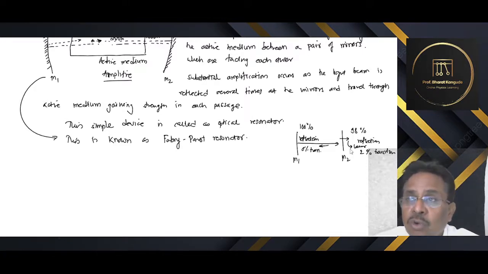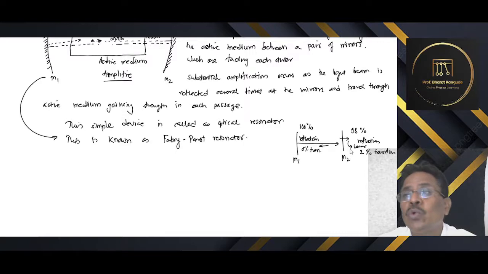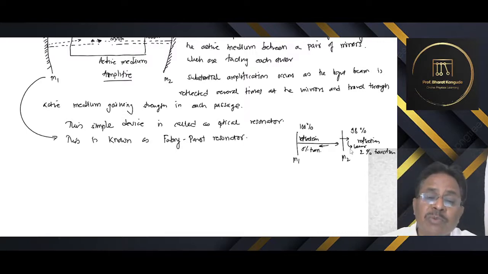Otherwise it will go on resonating, it will go on oscillating further and further, and a large amount of energy will be stored in a very small space, and there can be a bursting of this device. To not let that occur, one of the mirrors has less reflection power compared to the first one. So M1 has 100%, M2 has something less than that. Depending upon in which direction we require the laser beam, we can have a choice of these mirrors. Okay, so let's see the basic components of a laser.